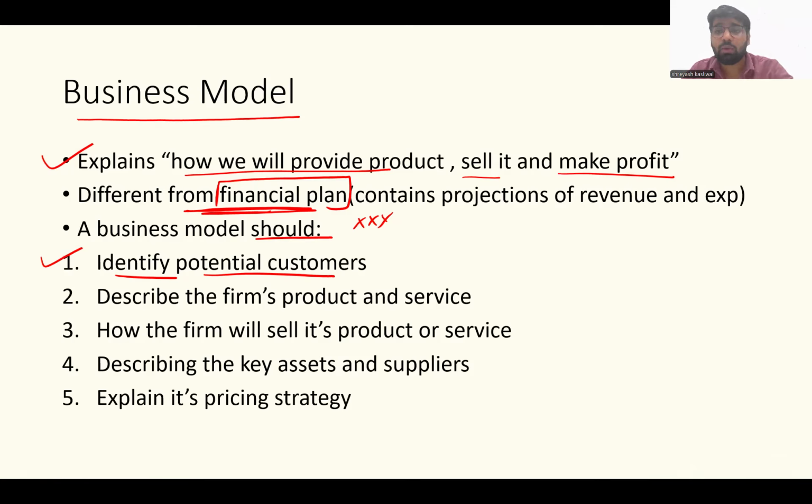Or let's say I am launching a clothing brand with designs that are extremely trendy and up with the current fashion trends. So I know this brand should target the Gen Z audience, because the potential customer is someone who wants to be updated and up with the current fashion, right? So that's how identifying a potential customer works.